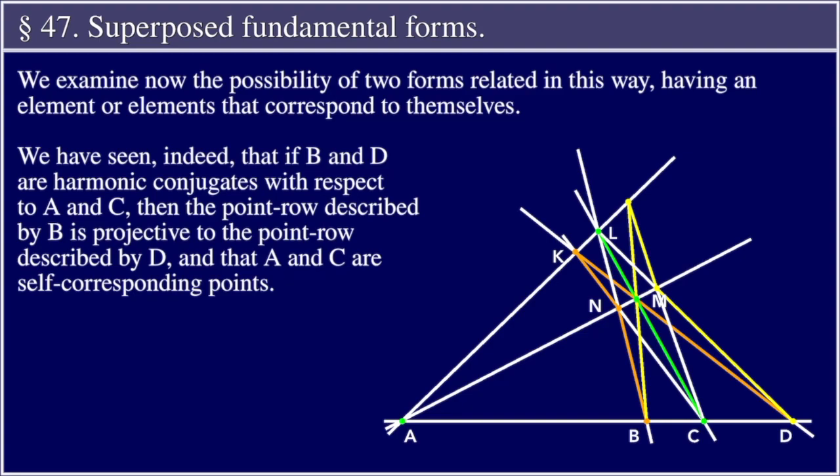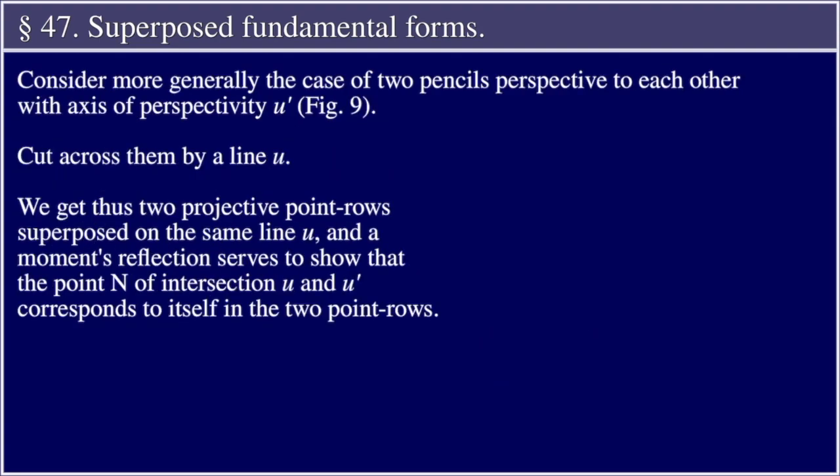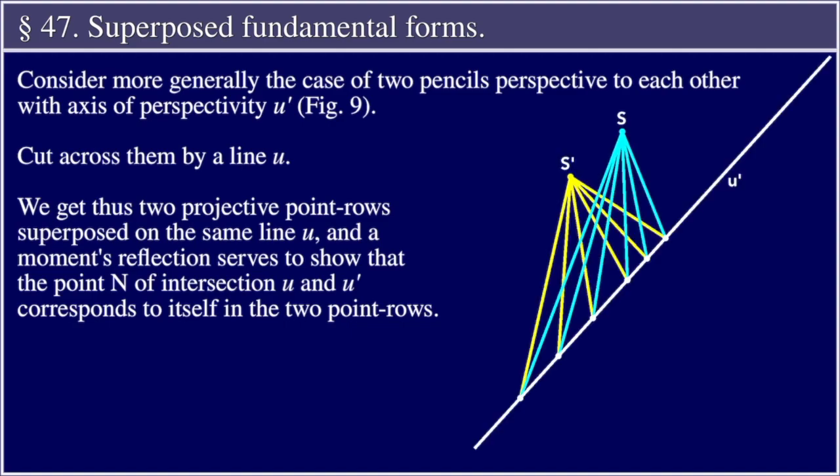themselves. We have seen, indeed, that if B and D are harmonic conjugates with respect to A and C, then the point row described by B is projective to the point row described by D, and that A and C are self-corresponding points. Consider more generally the case of two pencils perspective to each other with axis of perspectivity U',